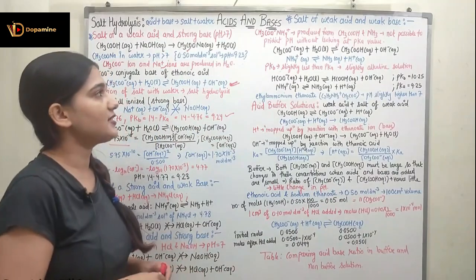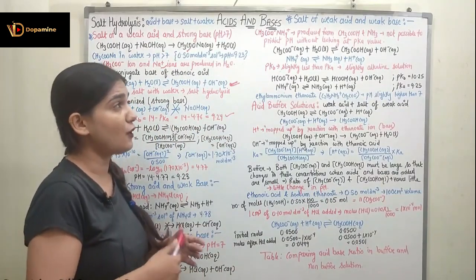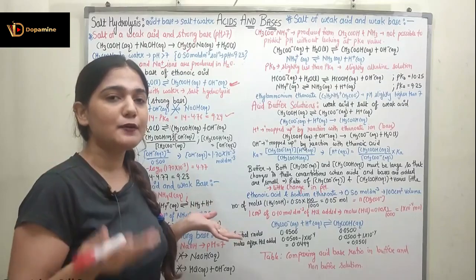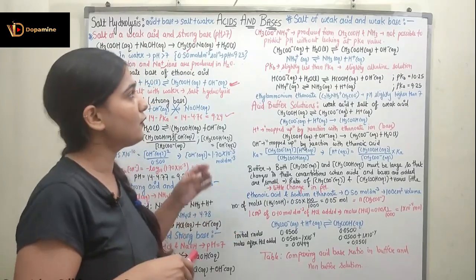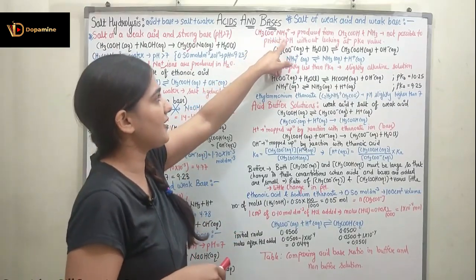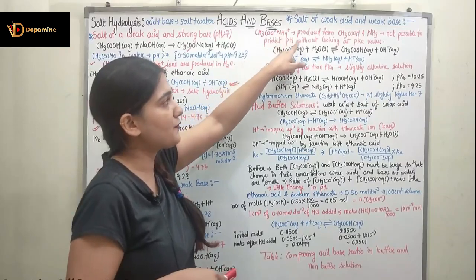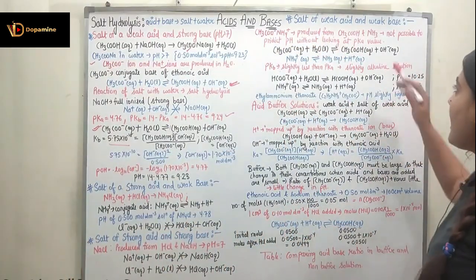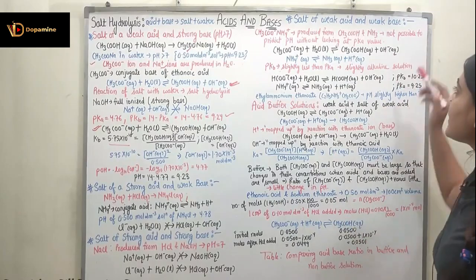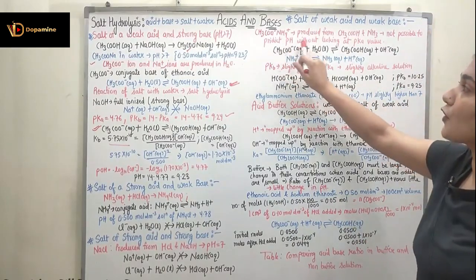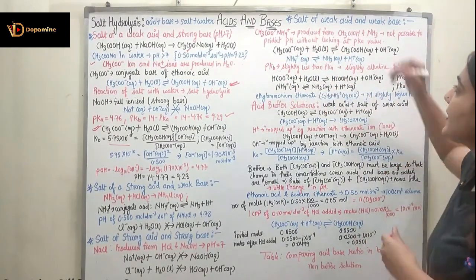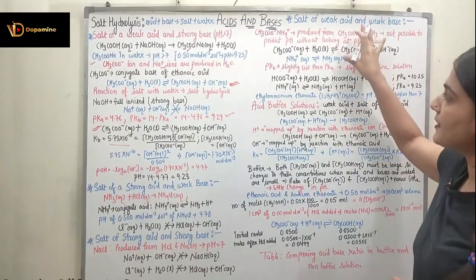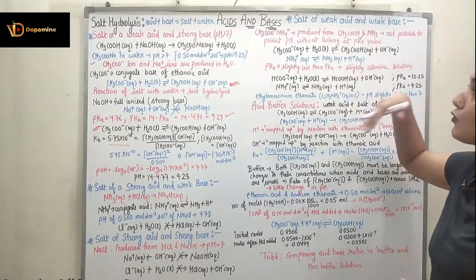Coming to the next case, here we are going to talk about the salt of a weak acid and weak base. Here I cannot state what the pH would be. CH3COO negative NH4 positive is a salt which is produced from CH3COOH, which is a weak acid as we all know, and NH3, which is a weak base. So it is not possible to predict what the pH would be without looking at the pKa value. We have to observe the pKa value, and from it we can find out the pH.